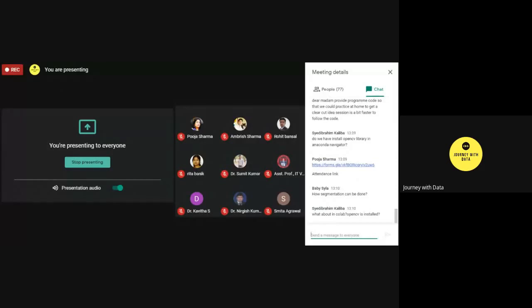I am not much familiar with Google Colab. OpenCV, this Kaggle is a platform. I've utilized Kaggle so that people who don't have Python installed on their local systems can also get an idea to utilize the platform, and altogether it's a new learning. That should be new for people who are not familiar.